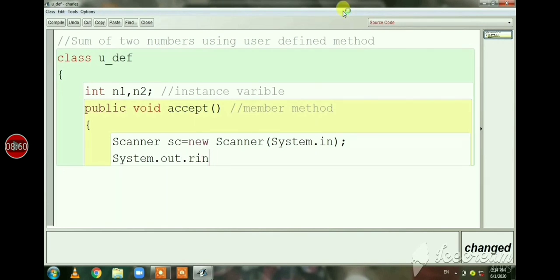The statement is system.out.println, enter two numbers.